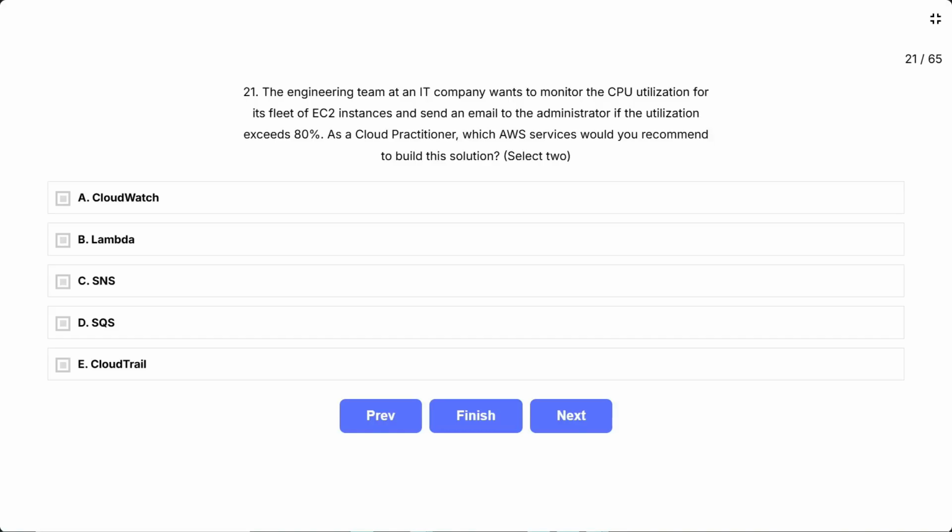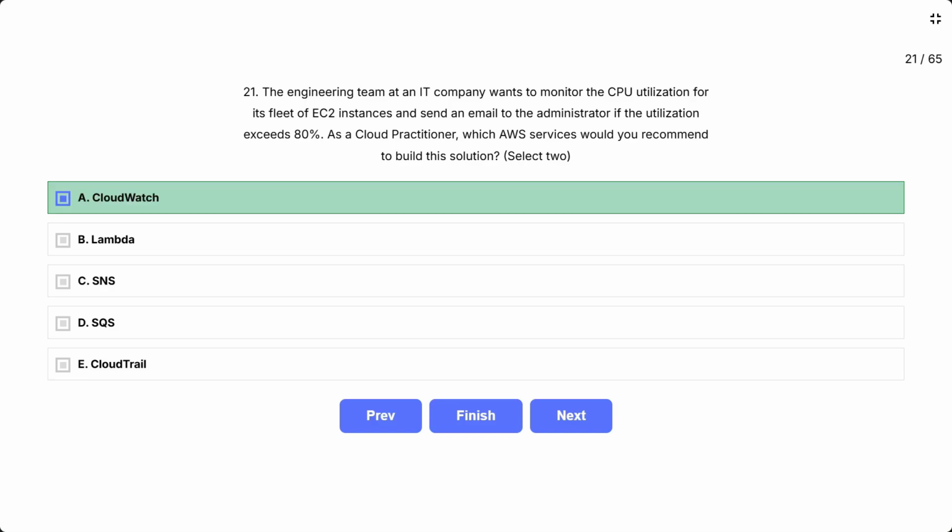Just imagine your EC2 instance is working hard and its CPU usage goes above 80%. You want to monitor this and get an alert via email. So, which AWS services can help? The correct answer is CloudWatch and SNS.